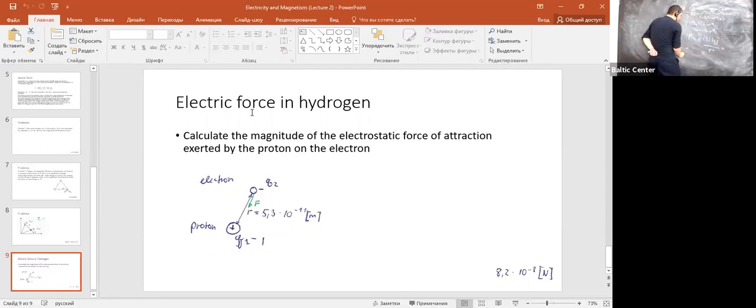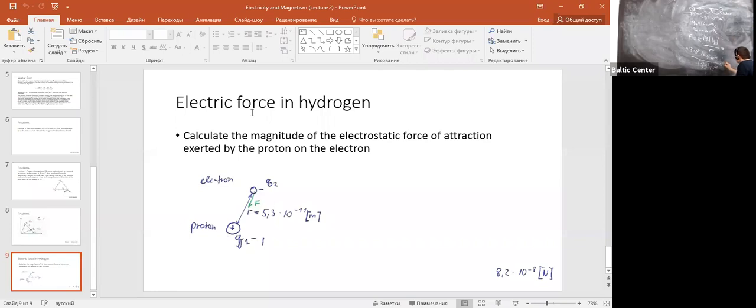So K is equal to 9 times 10 to the 9, multiplied by Q1, 1.6, Q2 also 1.6, multiplied by 10 to the minus 19, it means 10 to the minus 38, divided by R squared. R is equal to 5.3 multiplied by 10 to the minus 11. It means 5.3 squared times 10 to the minus 22. So I should calculate this one now. So 9 multiplied by 1.6 multiplied by 1.6 divided by 5.3 divided by 5.3,